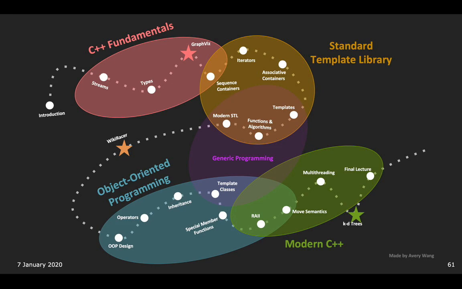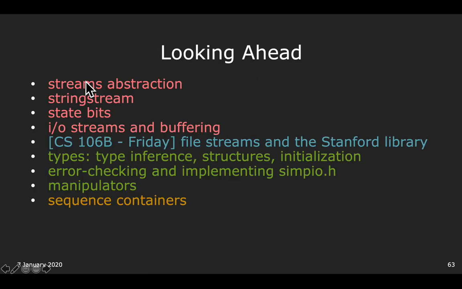So just a quick overview of what we're going to do next. We're going to start with streams. Here's a quick summary of what is happening looking ahead. Next lecture, we're going to go through the top 4 parts. Probably only 3, but we're going to try to go through the top 4 parts. In CS 106B, I think it's on Friday, Keith will cover file streams and the standard library. So that will segue us from IO streams into file streams. On next Tuesday, we're going to go through types and deeper streams, including how you implement get integer from the Stanford library.